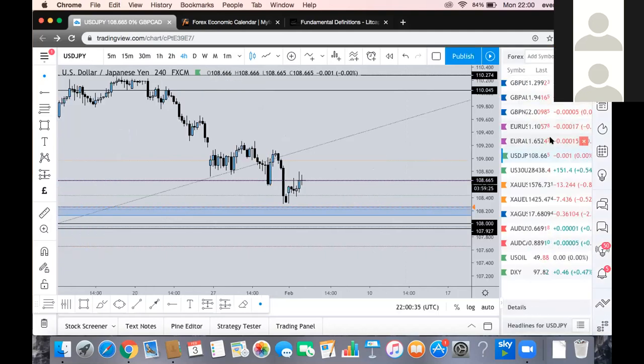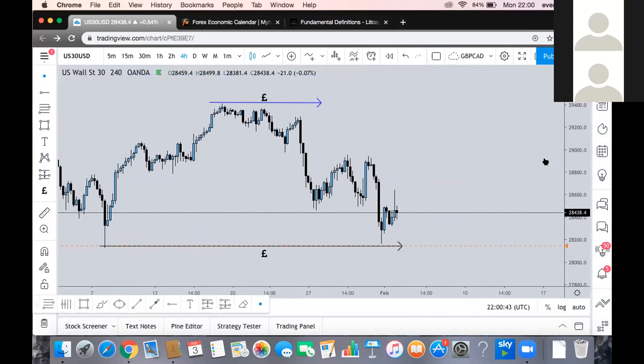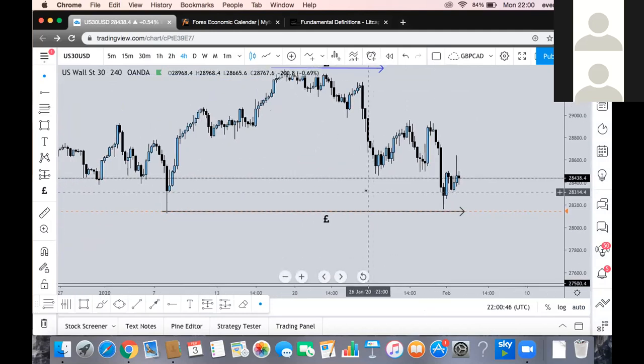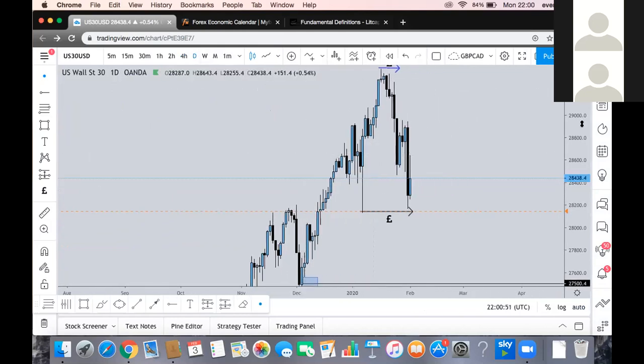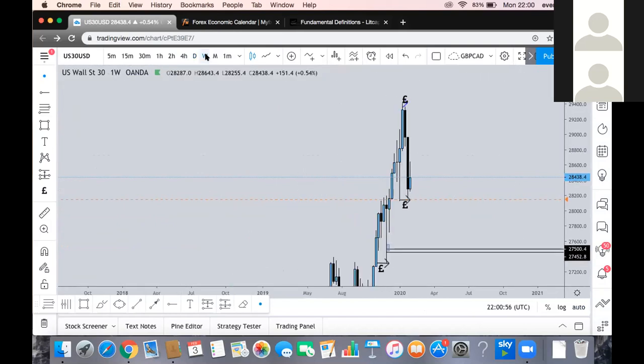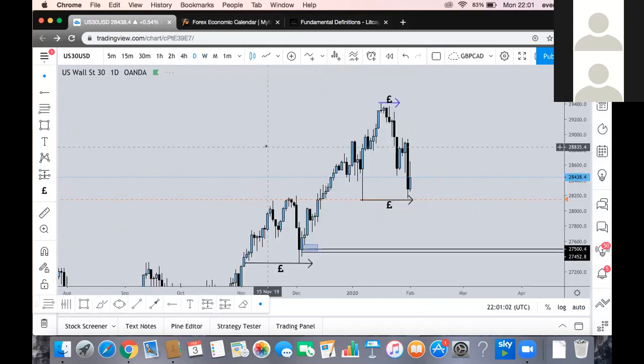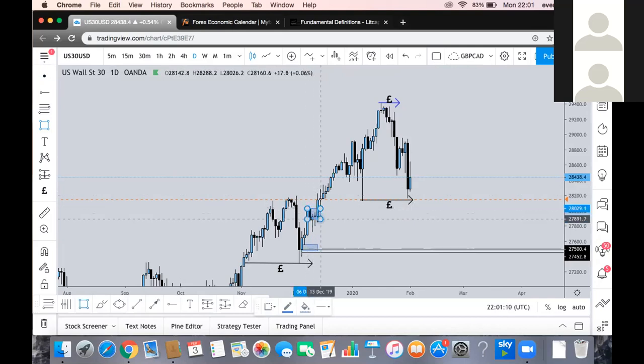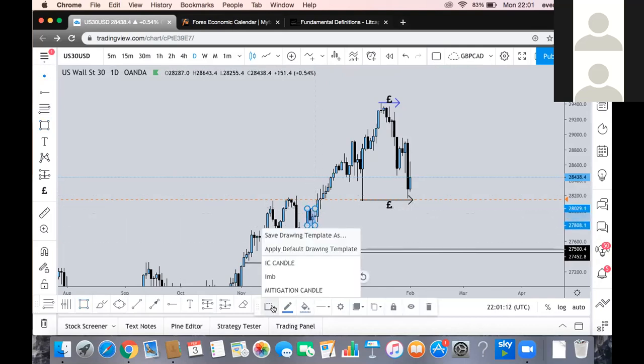So last but not least, I wanted to take a look at US30 as well. I do believe we can get this equal low taken out before actually becoming a buy. US30 has been very bullish as such, so I don't believe we're bearish yet. There's no signs on any time frame stating we're bearish. If anything, we've just made a higher low. So I do want this area to get dipped for liquidity before actually reversing. So I would maybe like to see this candle get tagged into. So I will be updating the Discord with that as well.